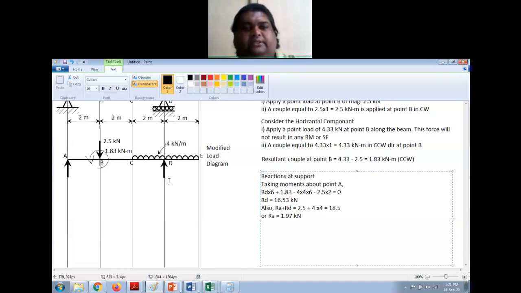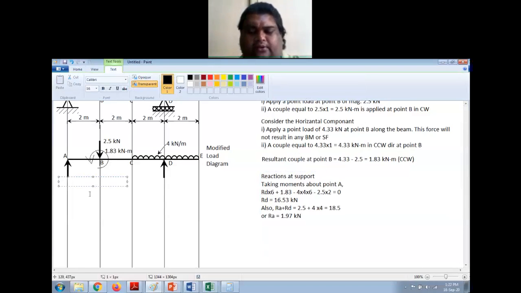So we got the reactions at RA and RD, and let me just write that down here. RA is equal to 1.97 kilonewton, RD is equal to